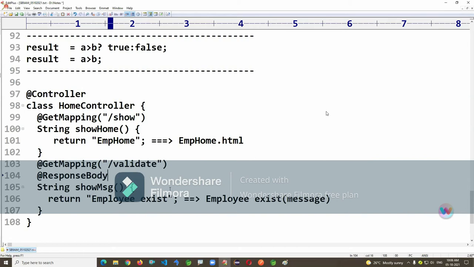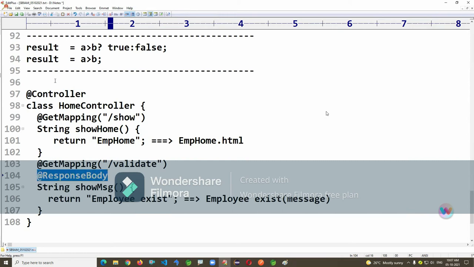Understood this annotation? If you don't write @ResponseBody, it will go to the view resolver, which will add the prefix and suffix. If we add @ResponseBody, the return value itself is given as a response back to the UI or client from where the call came. Understand this point?